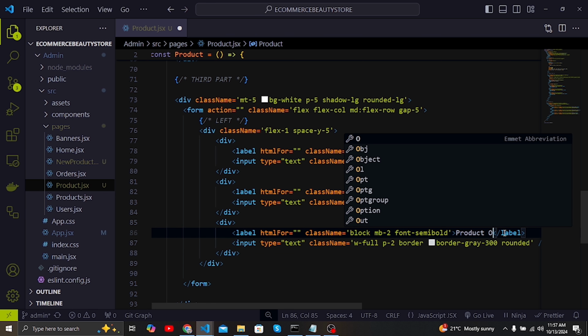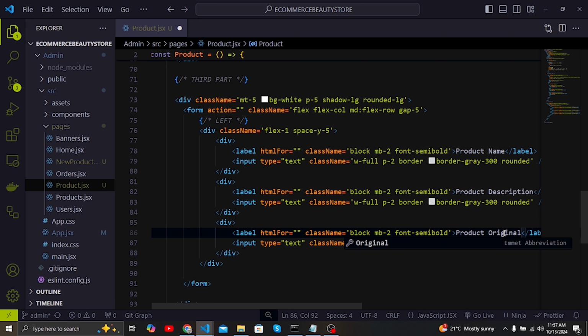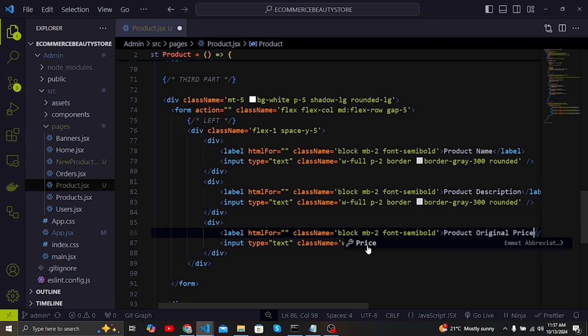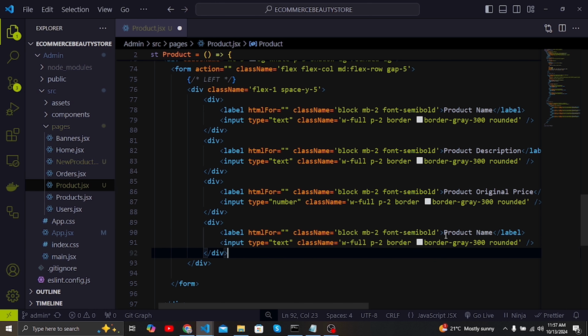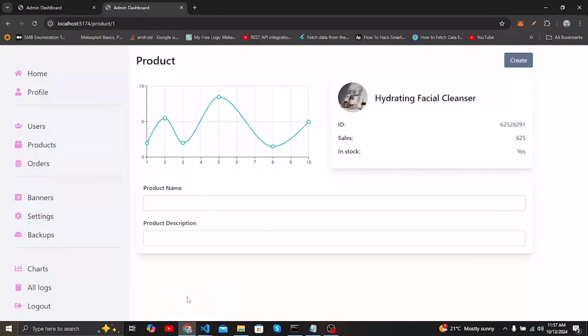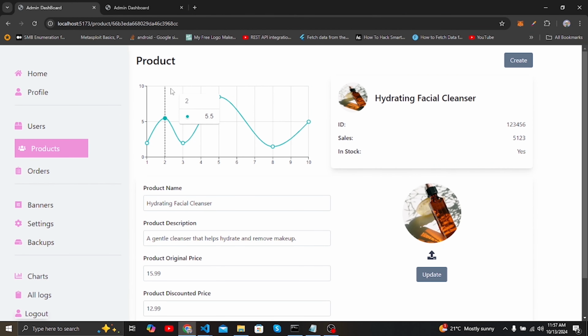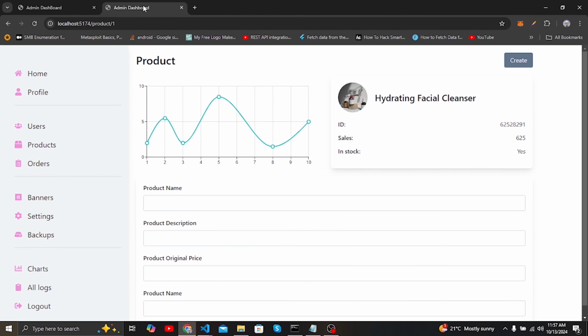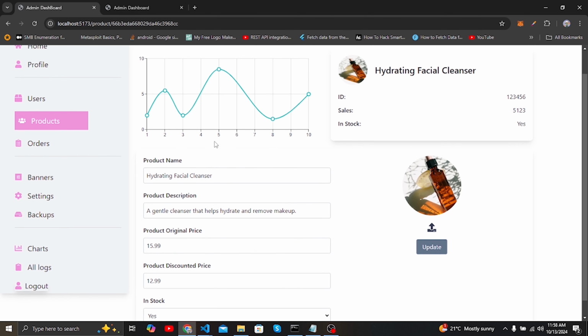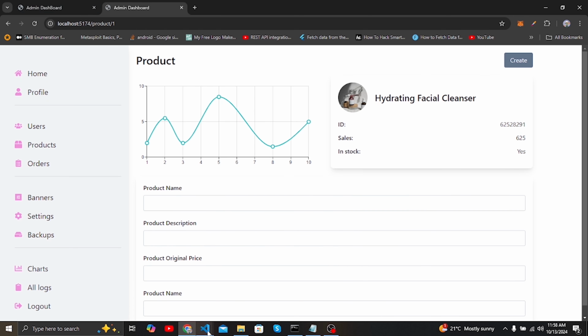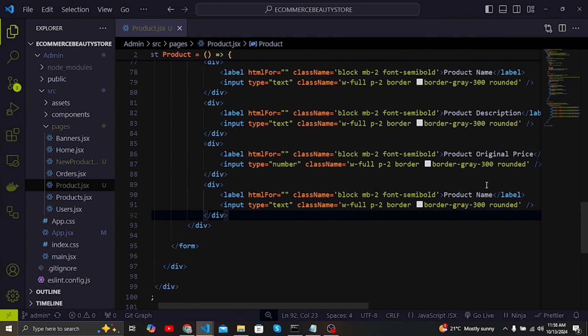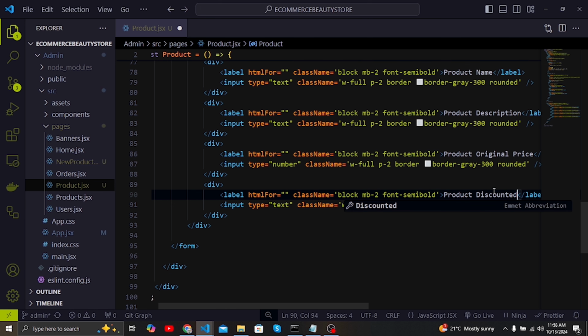original price. And this one is original price, and this one is a number, is not a text. So this one is a number, and I'm going to also add here, like, let me see, also we have original price and also discounted price. After that, let me see, in stock, that is. So let me just come back here, and we have a discounted price,